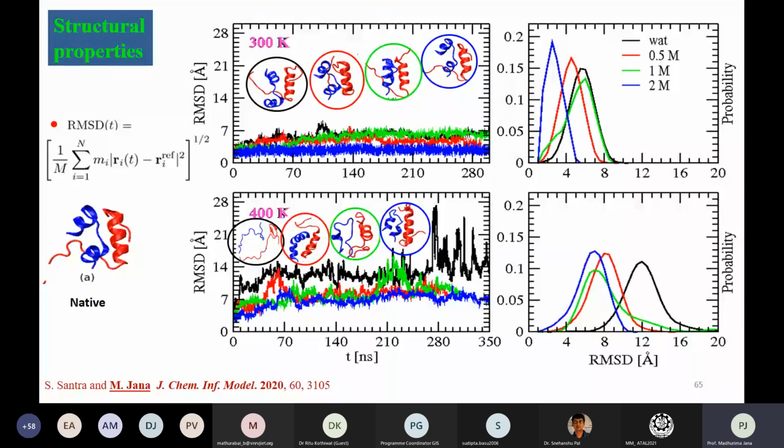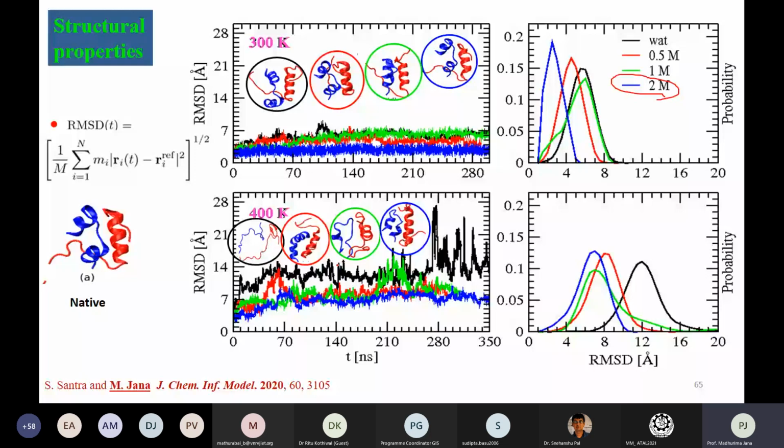These are at very different arginine solution concentrations, and this is the RMSD calculation, as I told already. And here you can see there is a lot of fluctuation in the RMSD, and here I wanted to show you the unfolded form of the insulin monomer. This is particularly in water at high temperature, but you can see when we use a concentration of 2 molar arginine, it is making the native folded form intact, rather than the other two solutions. Okay, so this is one of the metrics we can use to see which amino acid, at which concentration, is capable enough to keep the native folded form intact.